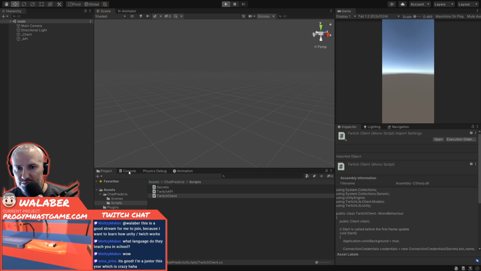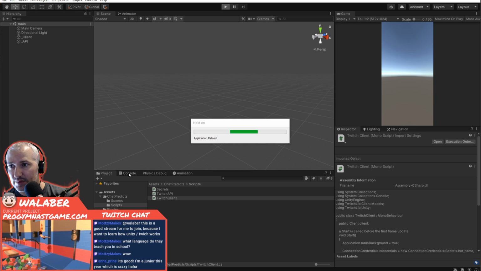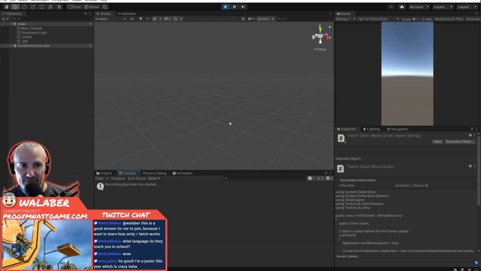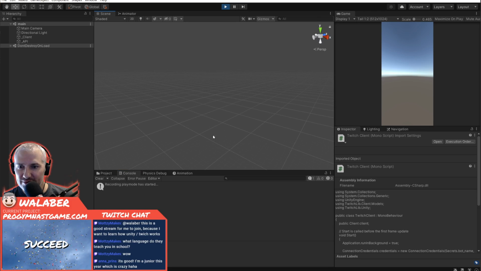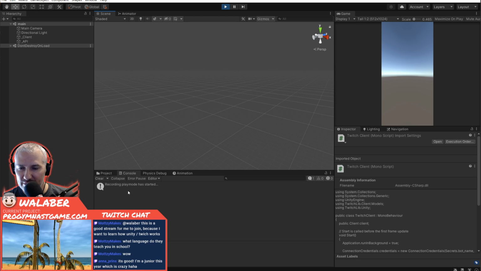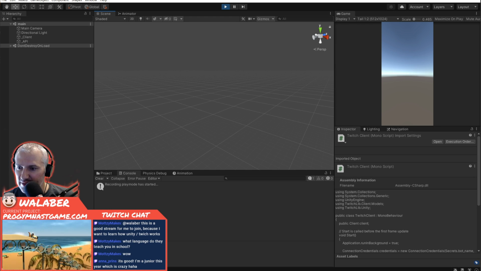Oh, what is this? I haven't seen that before. I'm on a new version of Unity I haven't messed around with. Okay, so here we go. We're in play mode. What is recording play mode has started? I don't know what that means. But in theory,